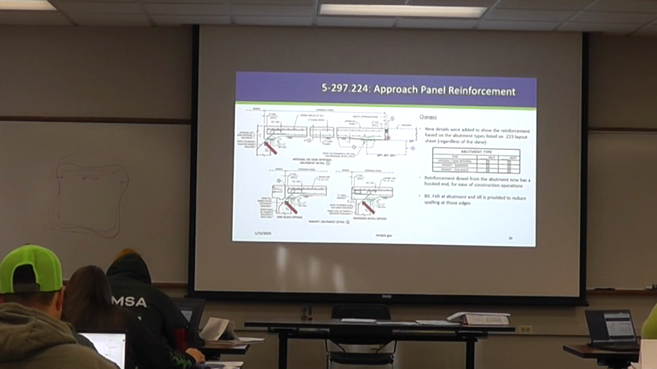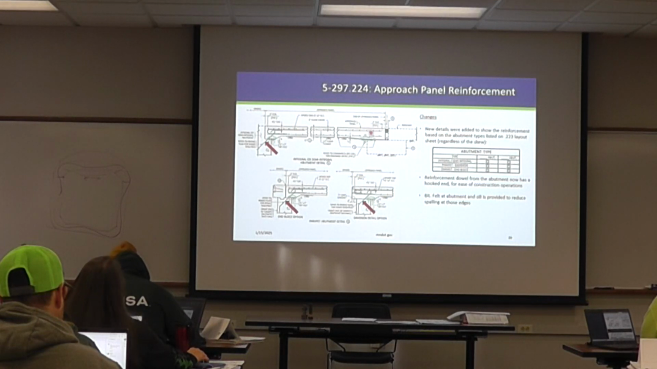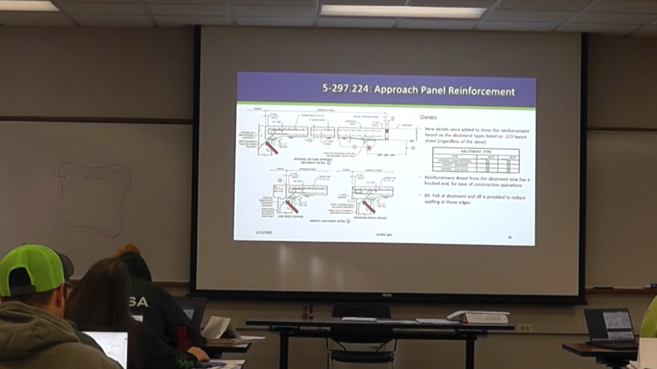Similarly, this bit felt is at the abutment and the sill. So here and here. I've been asked before why we have that. But really, the reason is due to some vertical loading of vehicles out on this approach panel, and that will induce some rotation at these ends. And so what happens is if the approach panel wants to rotate, we've got this corner of the sill or corner of the abutment,